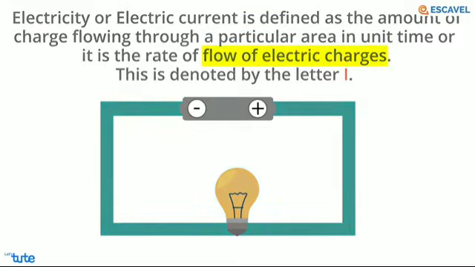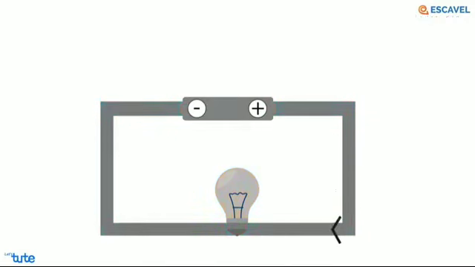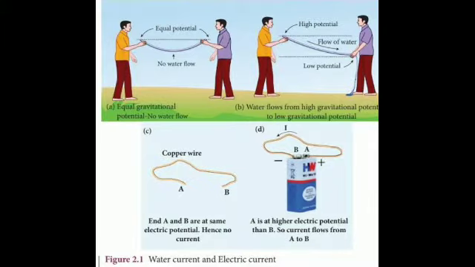In general, due to this random motion, there is no net transfer of charges from one end of the conductor to the other end. When a potential difference is applied by the battery across the ends of the conductor, the free electrons drift towards the positive terminal of the battery, producing a net electric current. So, a battery or electric cell simply creates a potential difference across the conductor.